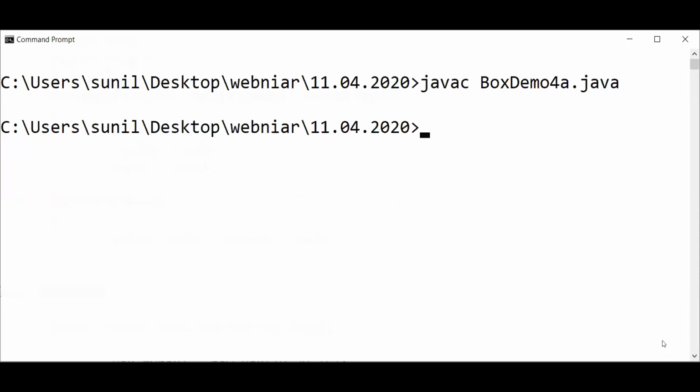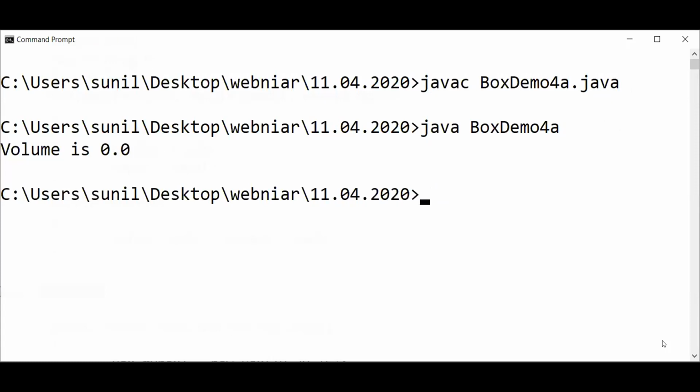Okay, I just compare this program. Next I am going to run it. Now see what the output is. The output of this program is 0.